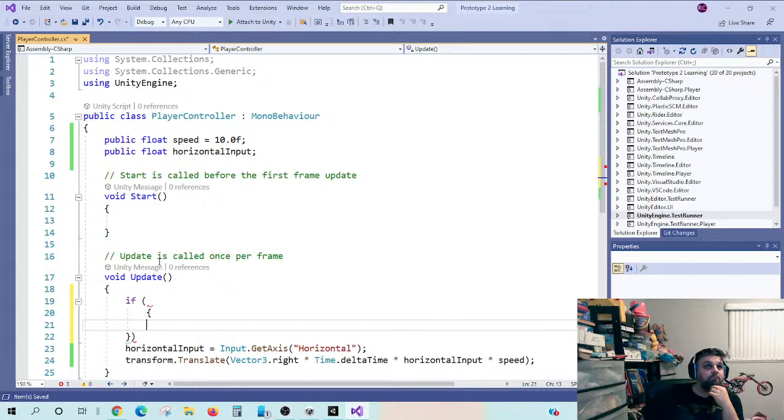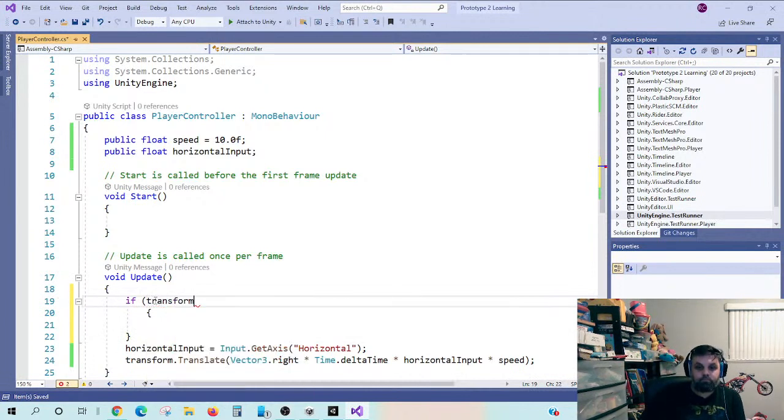So what we're going to do is we know that the player is moving left or right on their X position. Now we want to bound that within a certain range so that way they don't go off the screen. So what we'll actually do is in our if statement, where we're checking what's going to happen, we're going to write transform, and then we're going to get the player's position, but we're going to get the X value specifically. And we want to make sure that it's less than